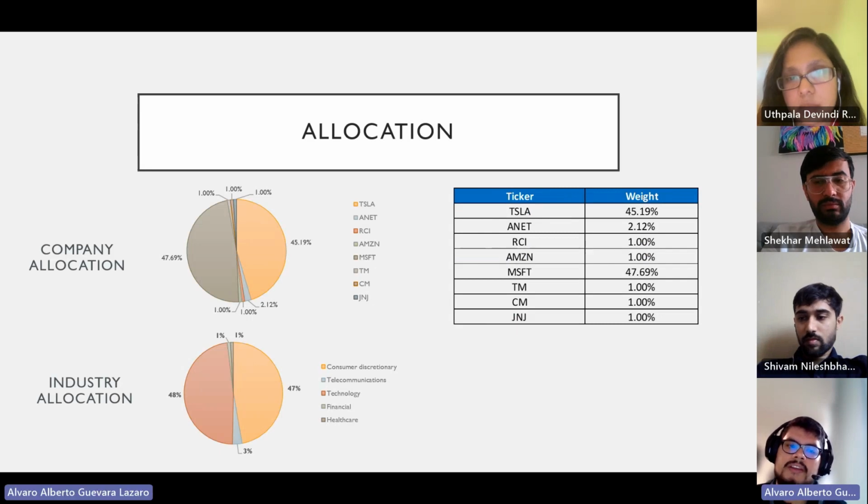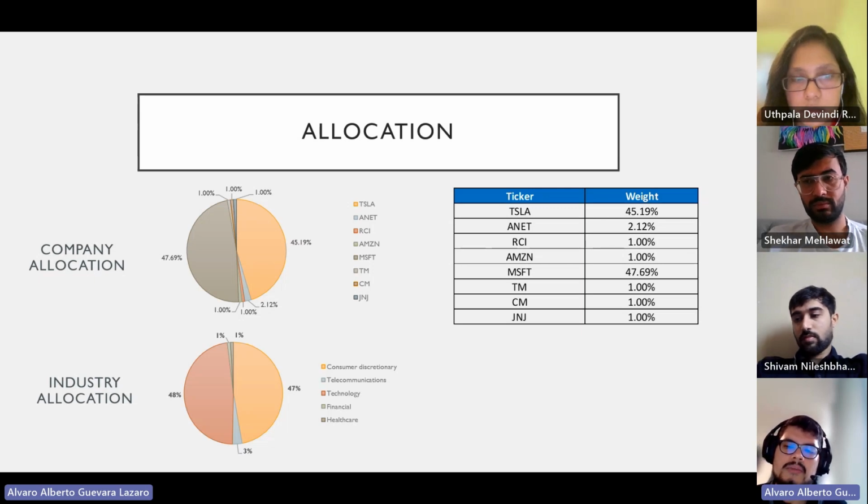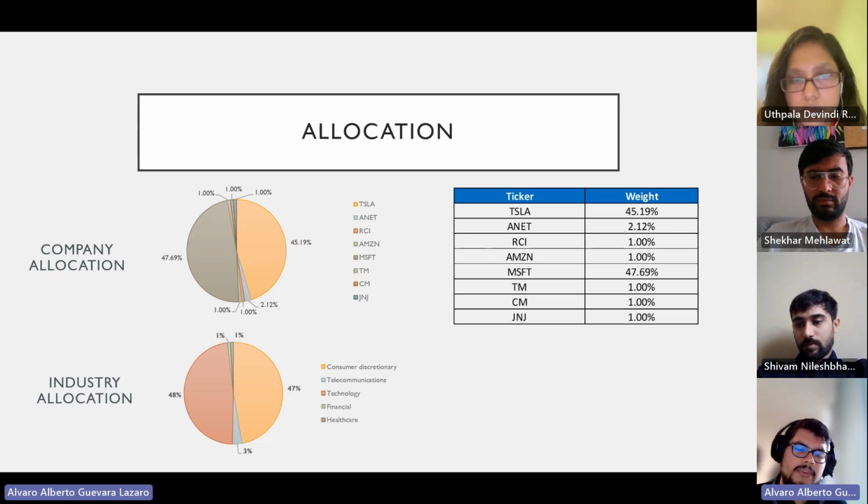Now let's see the allocation. For the allocation of the companies, we use the Solver function in Excel to maximize the Sharpe ratio, which we are going to see in the next slides. Here, the allocation goes 45% to Tesla and 47% to Microsoft, and then the remaining percentage is split among all the other companies. About the industry allocation, we see that consumer discretionary has 47% and technology 48%,